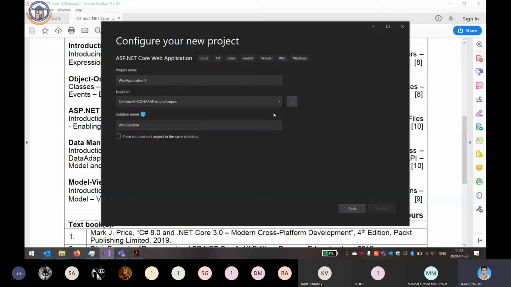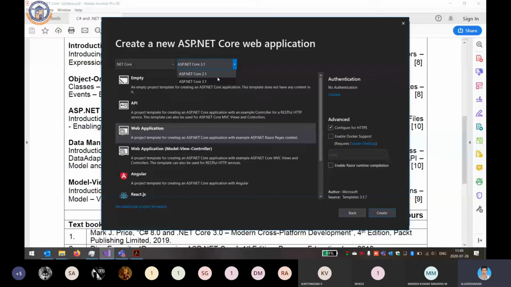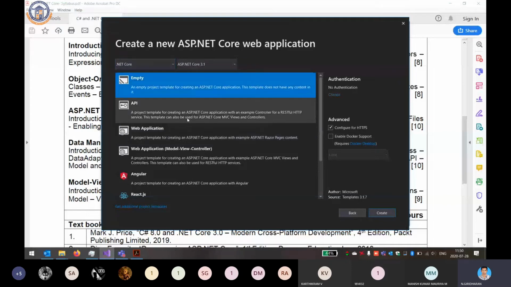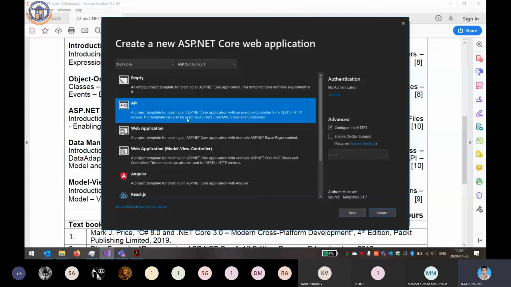There are two versions, .NET Core 2.1 and 3.1. We are using .NET Core, and the version is 3.1. If you want to create an empty website, you have to start from scratch. You can go for empty, or if you want to create an API, we can